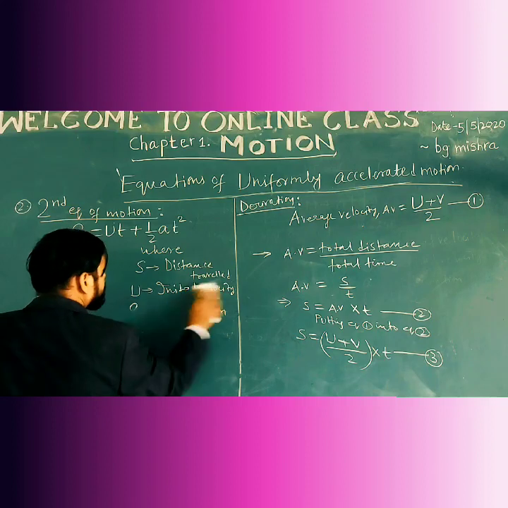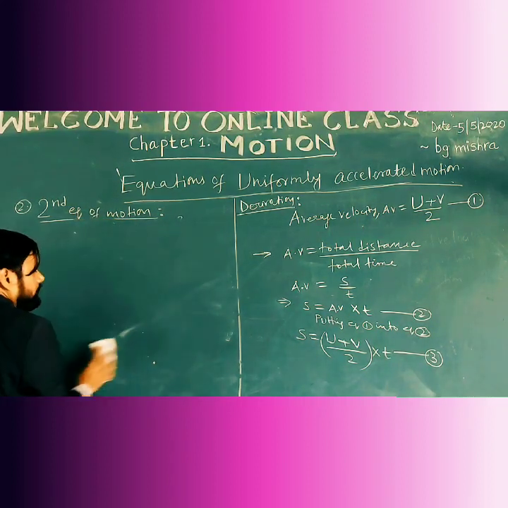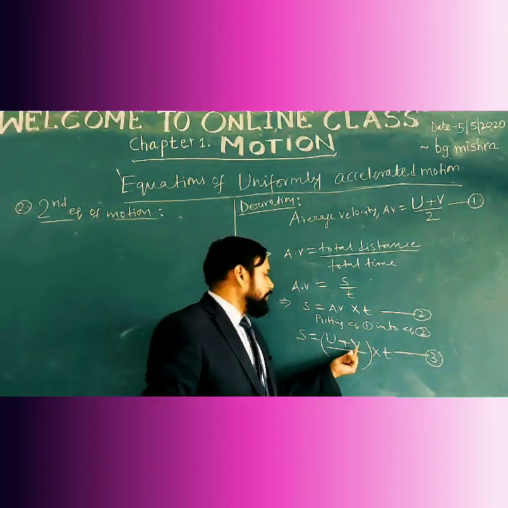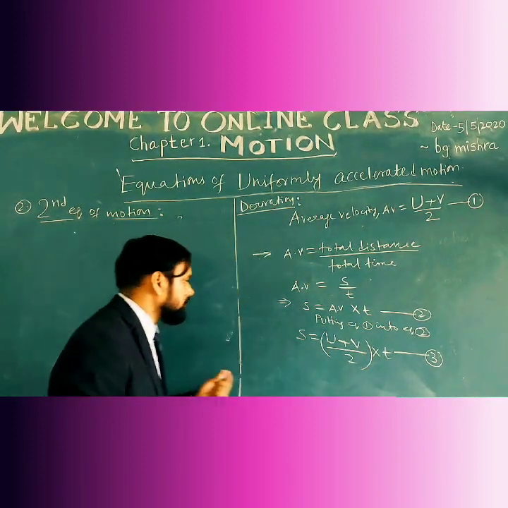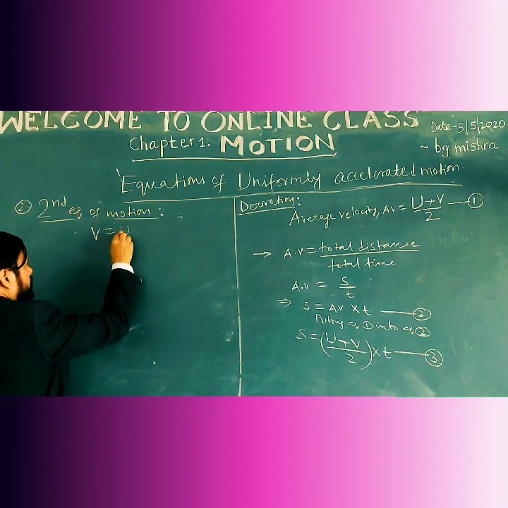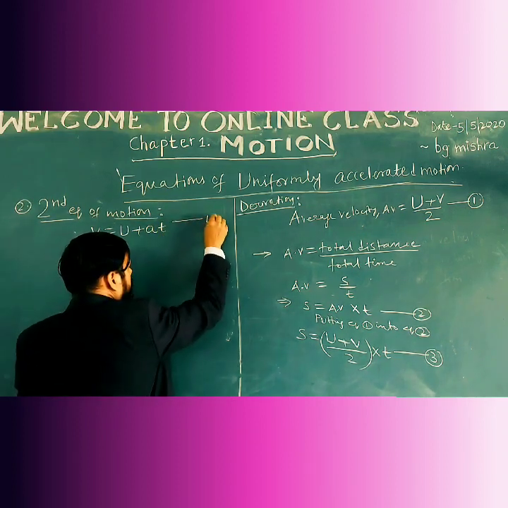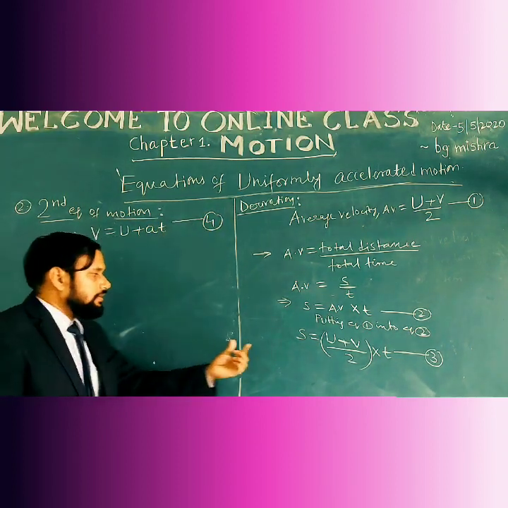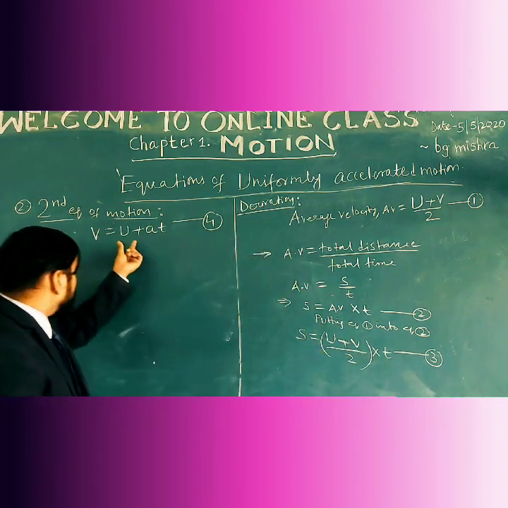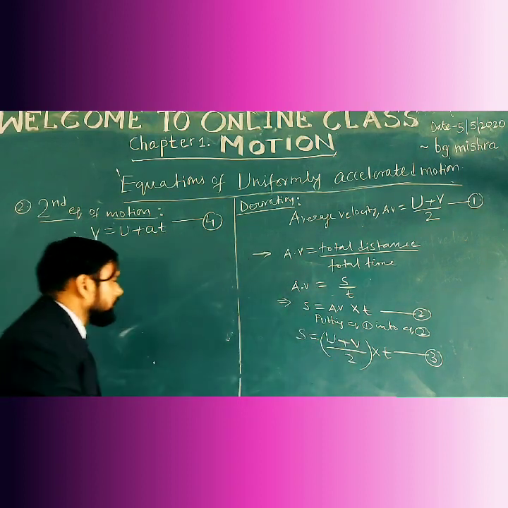Now, as you know, the first equation of motion is, from the first equation of motion, V equals U plus AT. Give this equation as 4. Now in the place of V, V is equal to how much? U plus AT. Put the value over here. That means